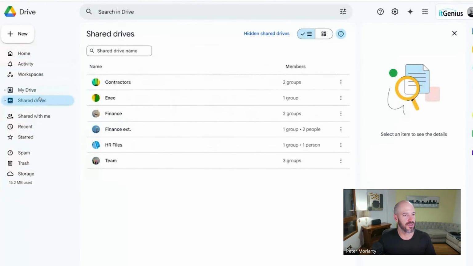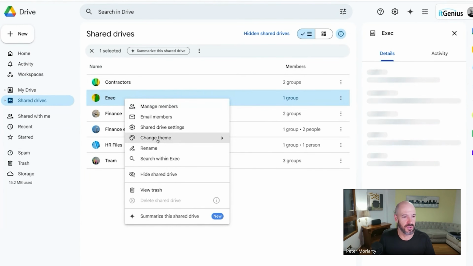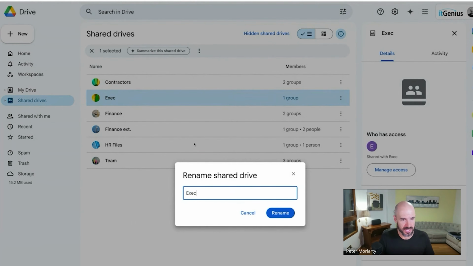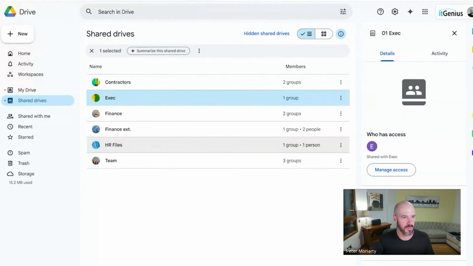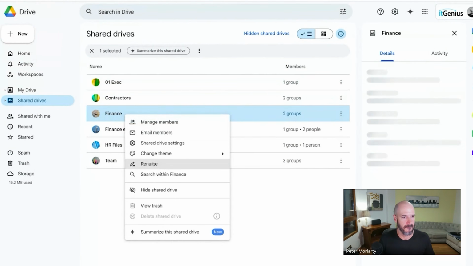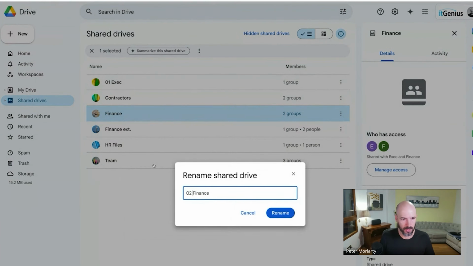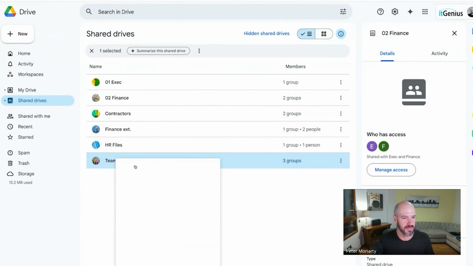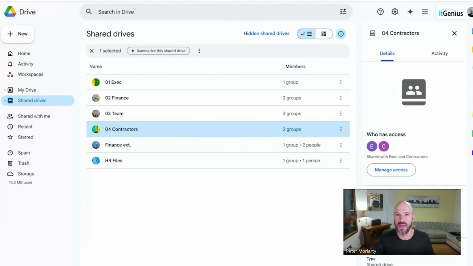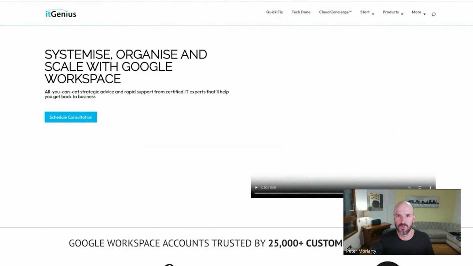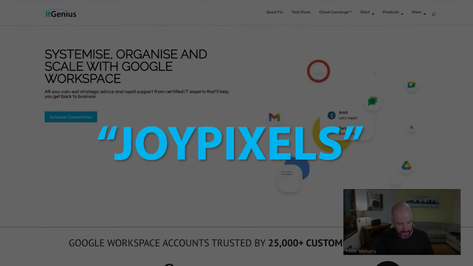You would have noticed here in my shared drives, we've got them in a different order. Contractors is sitting up the top. If you wanted to have them display in a certain order, you would have noticed that in itGenius, it's pretty easy to drop numbers in, and then you can have them ordered via your numbers. And if you're like me and you like to have things a little bit more visual, well, I would recommend this little add-on for Chrome. It's called Joy Pixels,